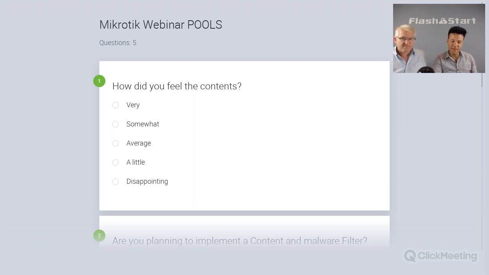Let's start with how to block TeamViewer. He asked about blocking TeamViewer. Okay.